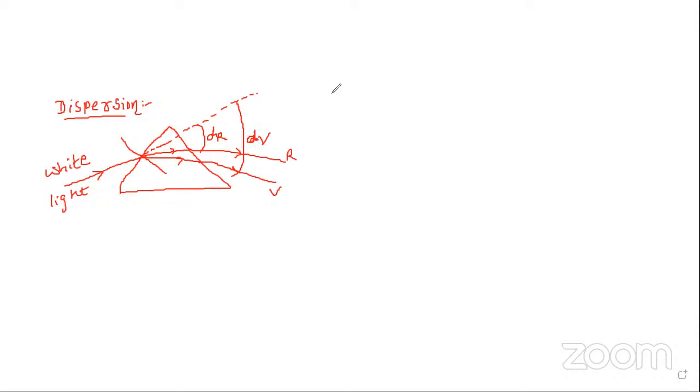You know that the deviation for violet color is more than the deviation of red color. This splitting up of white light